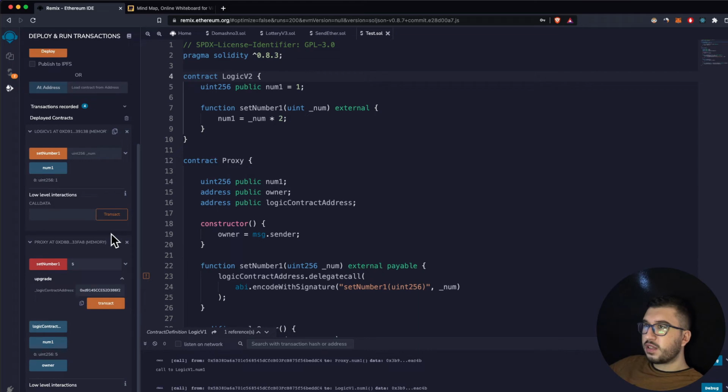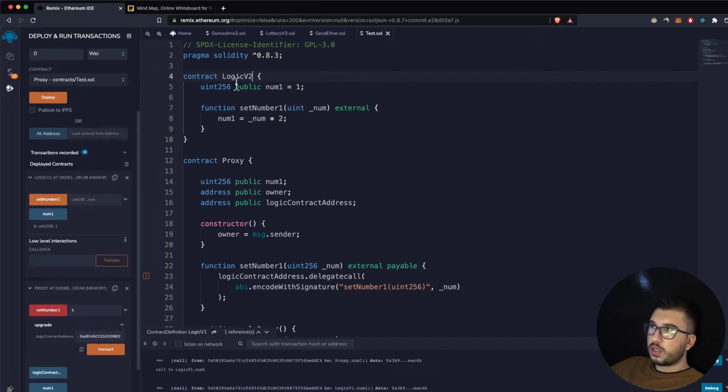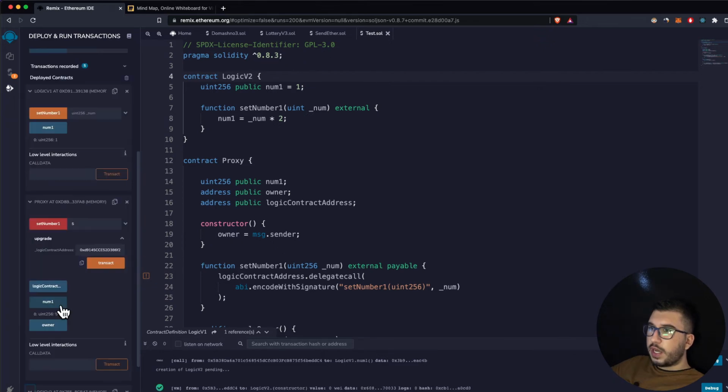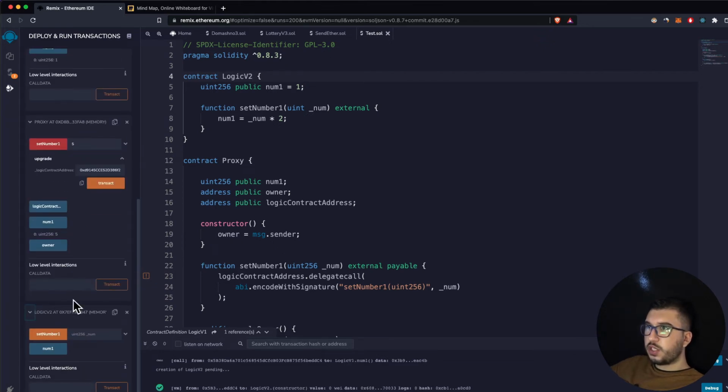I'll try to mimic a real world scenario here. Let's say the proxy contract is already deployed, the version 1 is already deployed, but you want to now deploy the new version 2 contract, which I'll do right now. And here we have the logic v2 contract, and now all you have to do to point the proxy contract is copy this address of the logic v2, paste it here, call the upgrade function in the proxy contract,